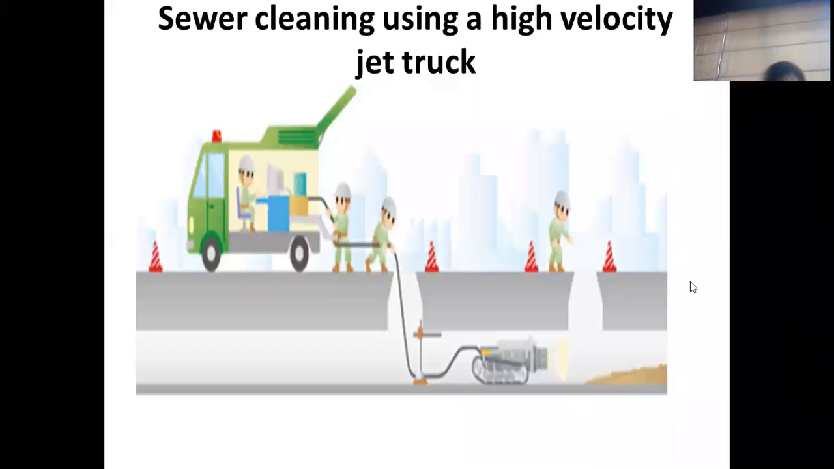So for better understanding, I have shown you here one figure. You carefully see this figure. Sewer cleaning using a high velocity jet truck. High velocity jet truck. Are you getting? Compressed air can be added. So you can see, this is one of the manholes. Through the manhole they have inserted that